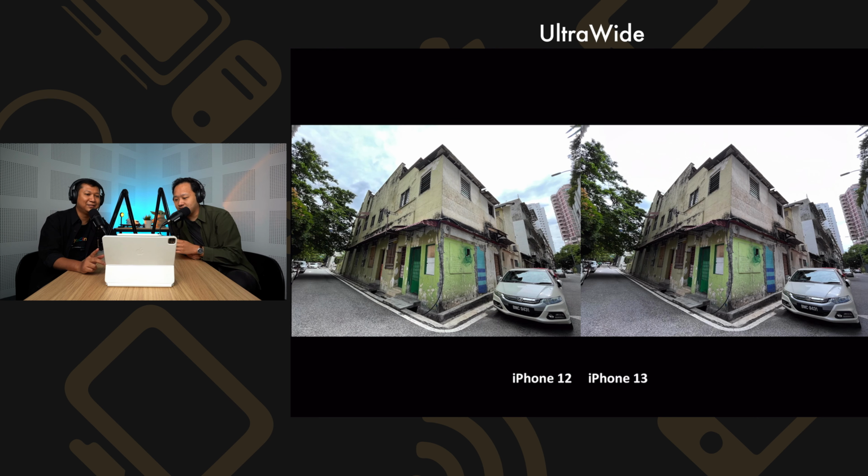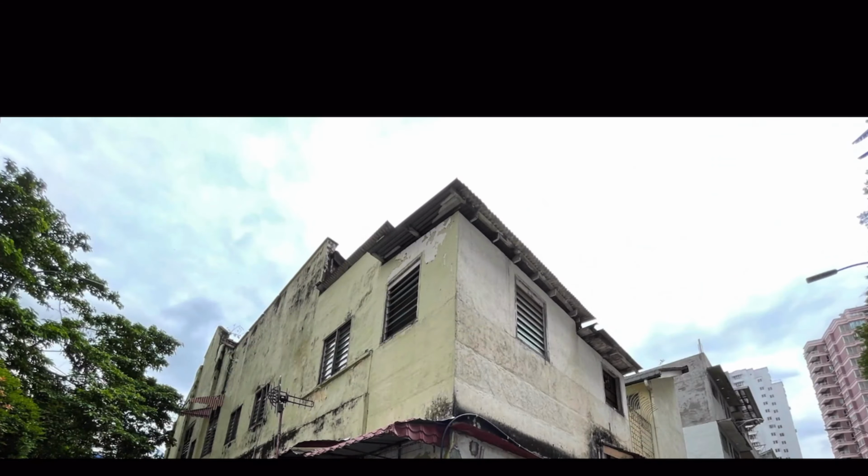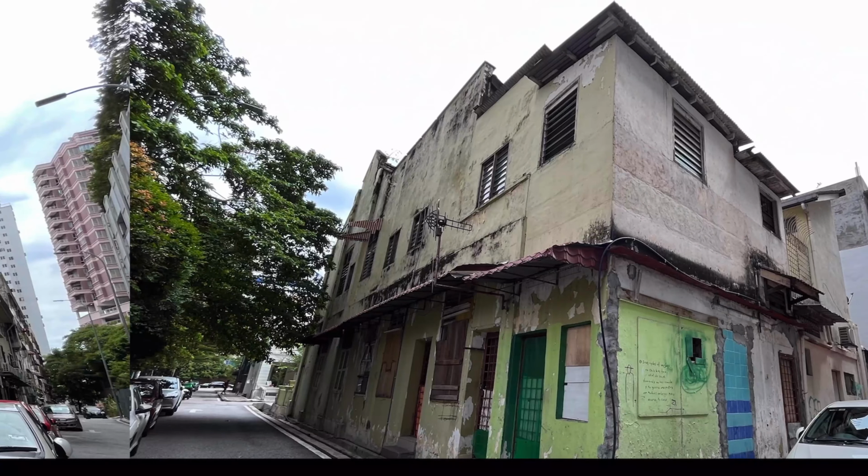Yang ni ada beza. Okay, what's the difference? Nampak iPhone 12 ni dia punya dynamic range dia lain. Yeah, for some reason it looks like the iPhone 12 has better dynamic range, tapi waktu kita rakam tu saya tekan dekat tempat yang sama. So that just proves that the iPhone 12 has better dynamic range, because you can see in the sky here there's a little bit more detail in the iPhone 12